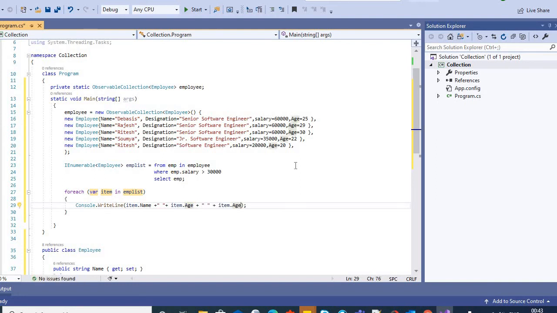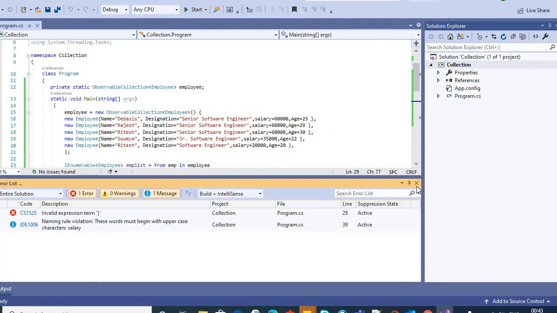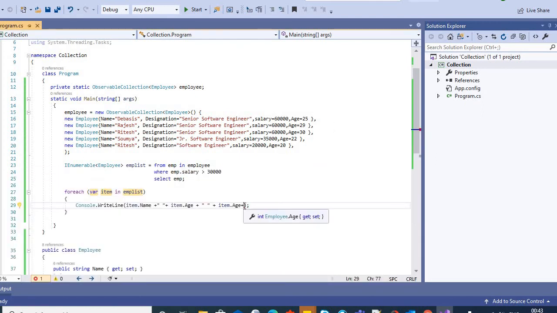For here I just need to display designation and salary. Okay, after that I can give